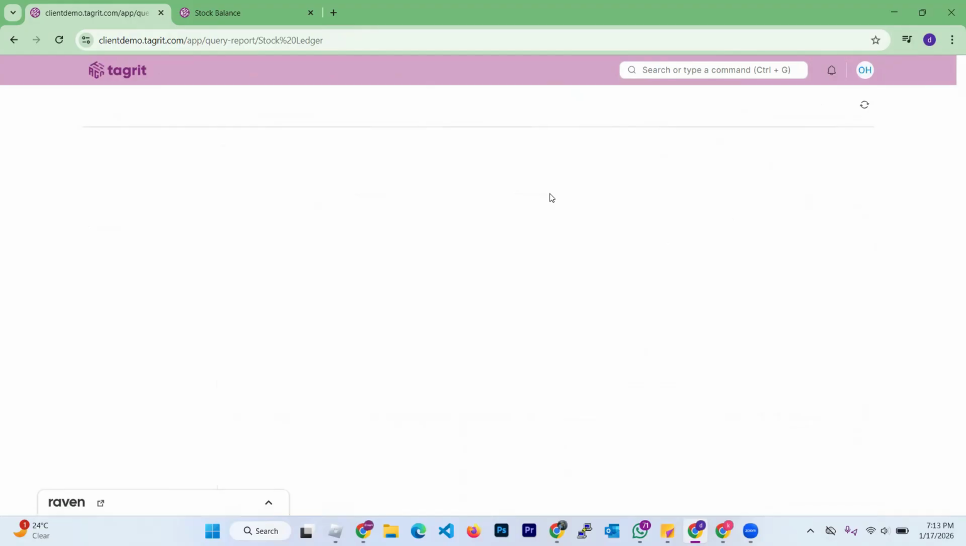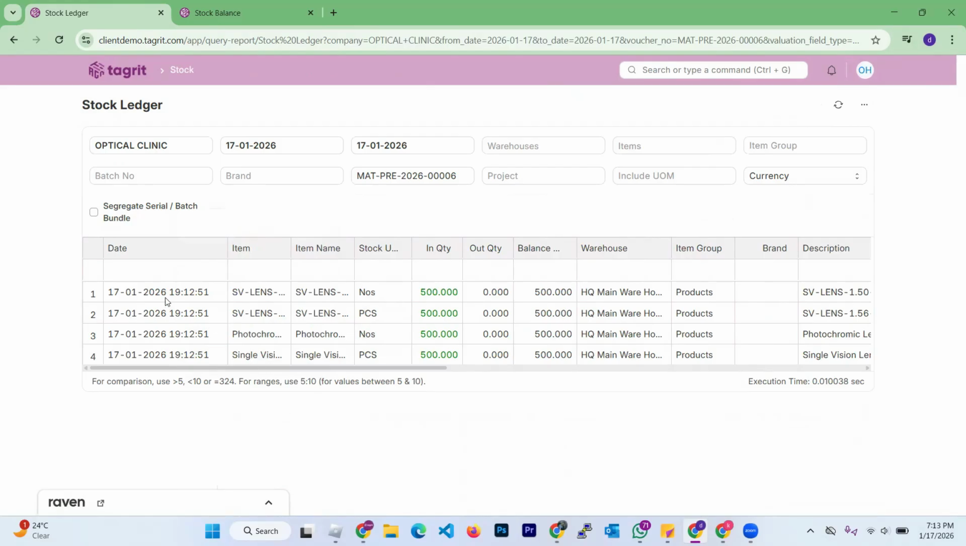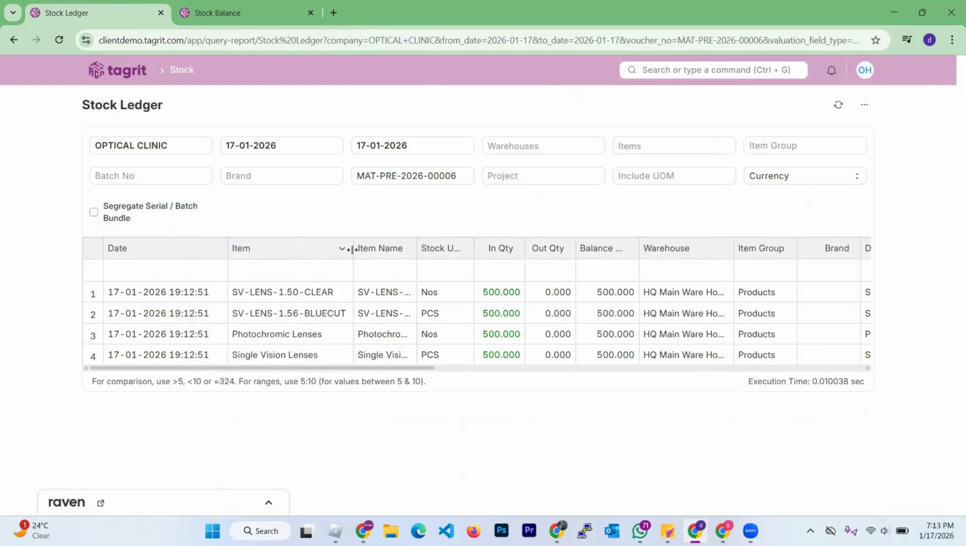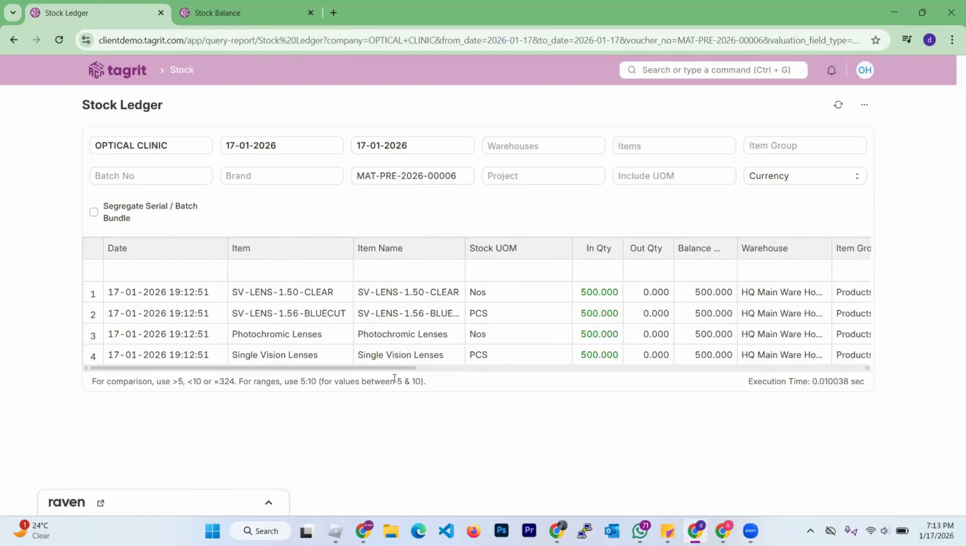Let us view the stock ledger and see what has happened. This is the first report. If you view the stock ledger, you can see it is showing the dates. This is the most important thing that the client needed. So it has shown on this date this particular item, SV lens 1.5 clear, SV lens 1.56 blue cut, photochromic lenses, and we have the item names, and these are the units of measure that I configured. We have 500 in stock,